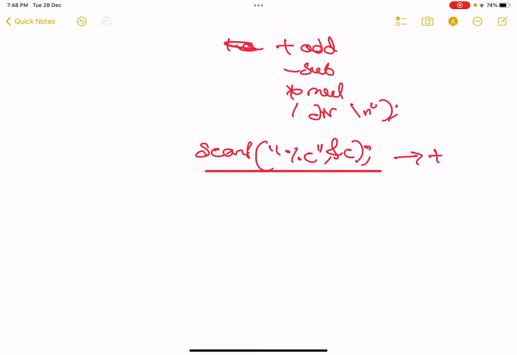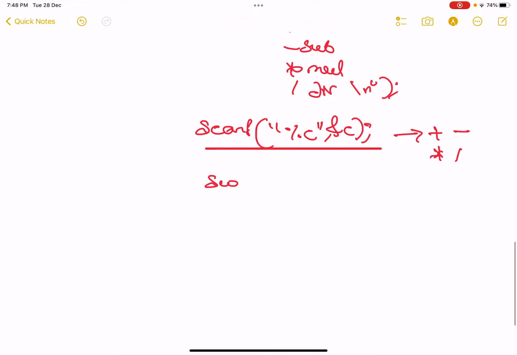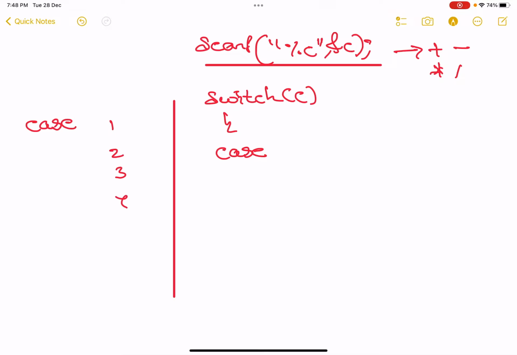The user can enter plus, minus, star or divide, so we write switch on c. If you have seen my previous video, you know how to use switch. After case, remember this: if you have taken inputs as numbers, you can write them directly, case 1, case 2, case 3, case 4.